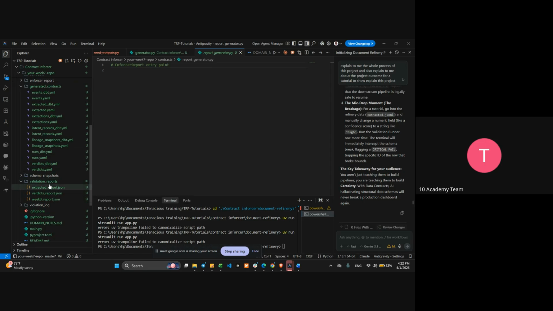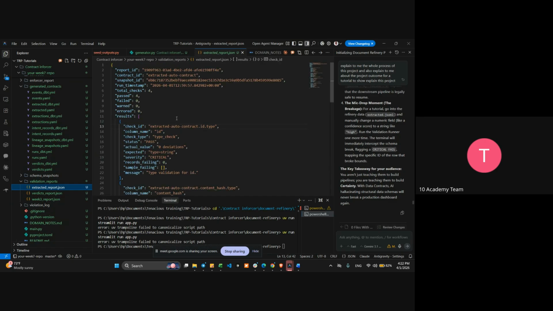So let's see the validation reports. Here we have the reports. What we have here is, it will check on the pass or fail, and if there's any change in the JSON in the meantime, it will check on the boundary, and if there is any severity, it will give us the severity of the generated JSONs that were being explored.